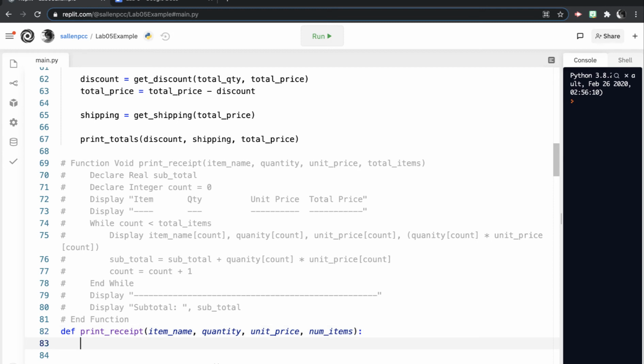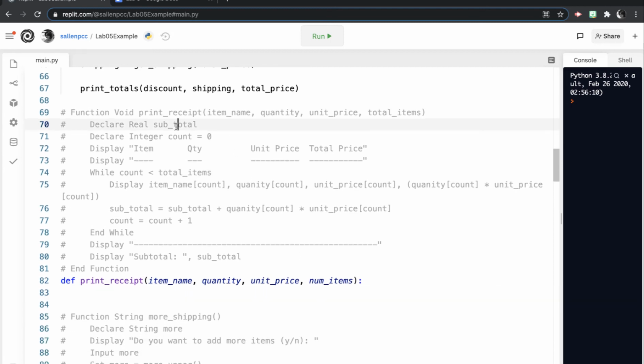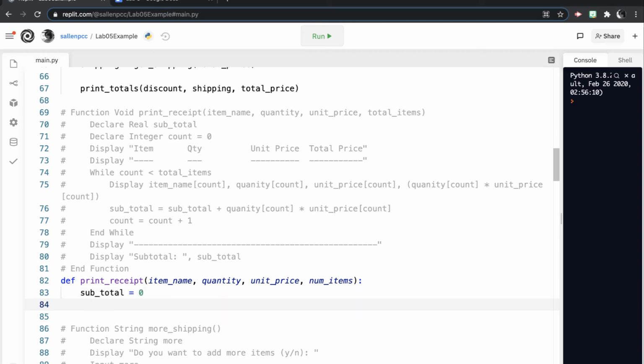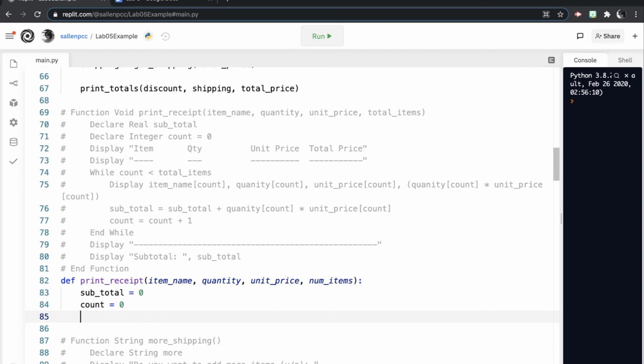And then I need to create a subtotal variable and assign that 0, and a counter variable, and assign that 0, because I need to iterate through these lists or arrays, and I need to keep track of which one I'm on. And then I'll go ahead and display